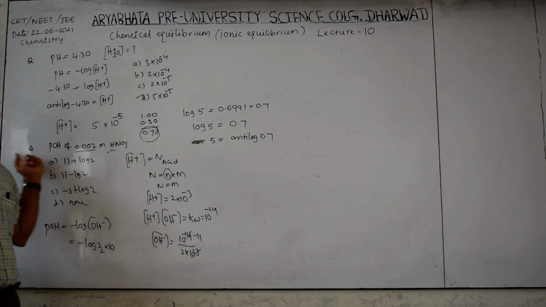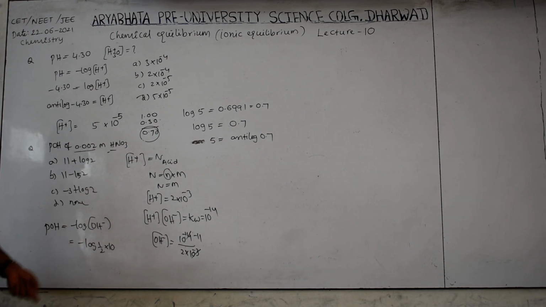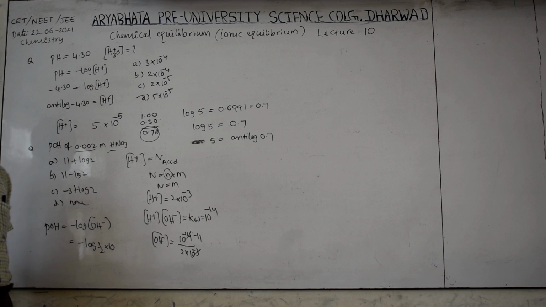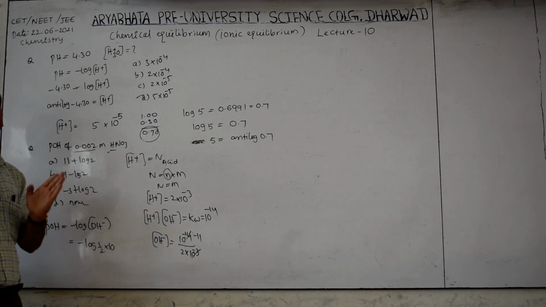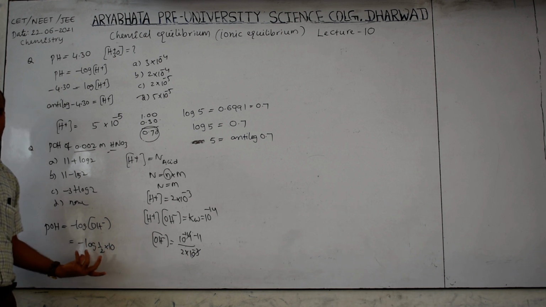Without seeing the options, if you see only the question and solve it, that is very difficult. Therefore, read the question. These are the tricks, time-saving process in examination. Read the question carefully, immediately see the 4 options, and according to the options you have to solve this question.